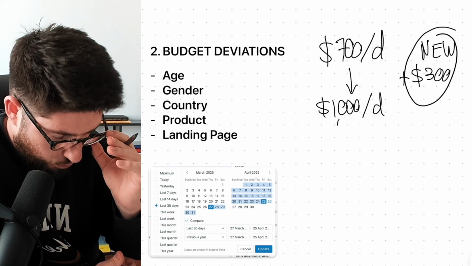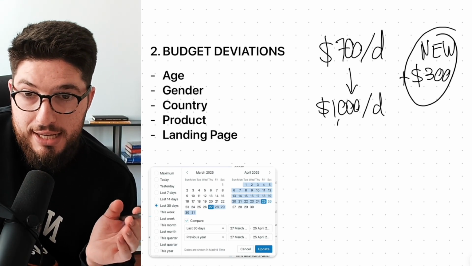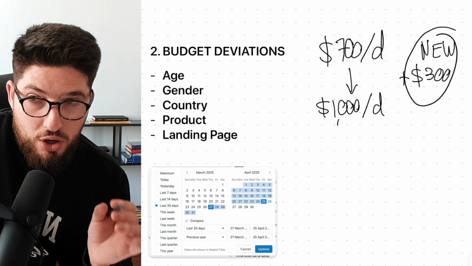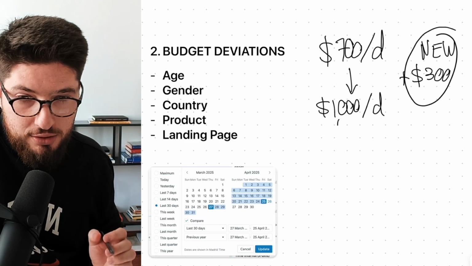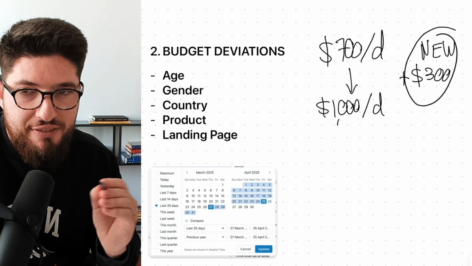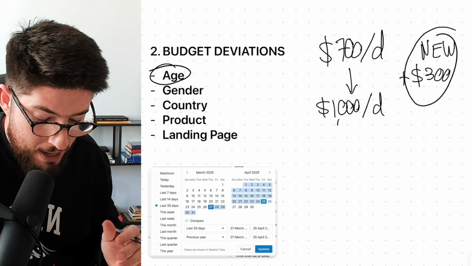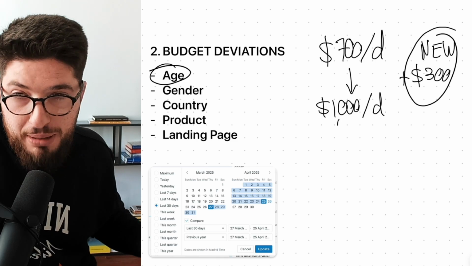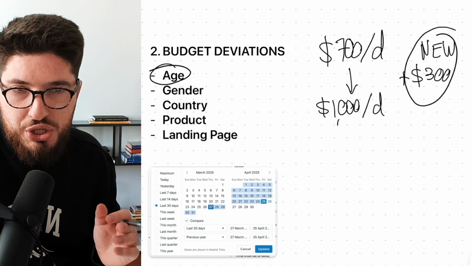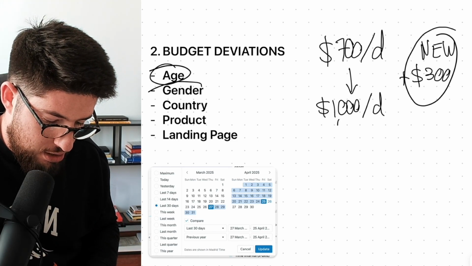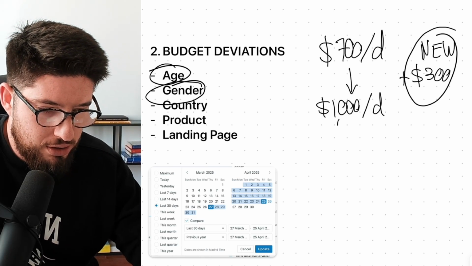So the question you need to solve here, or the question that I would ask you on a coaching call, is: when you increased the budget from a specific day, say April 20th, do you see a deviation on the age? So budget deviation would be a Facebook mistake, to put it simply. Did you start spending money on older people who never convert? No, I'm still spending money on younger generations, which is my target customer. Okay. If you're going broad, did the Advantage Plus campaigns randomly start spending money on the wrong gender?